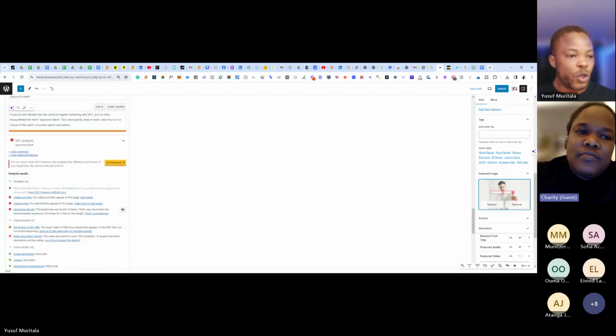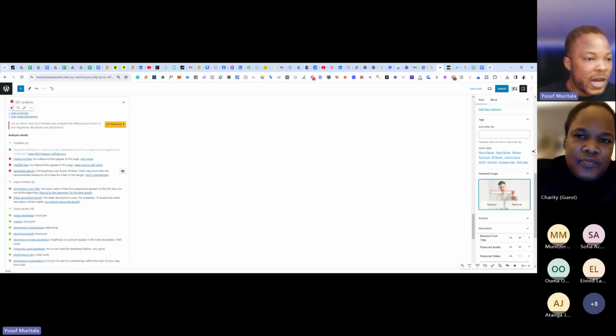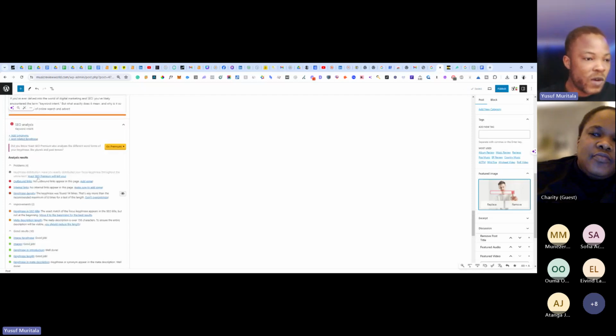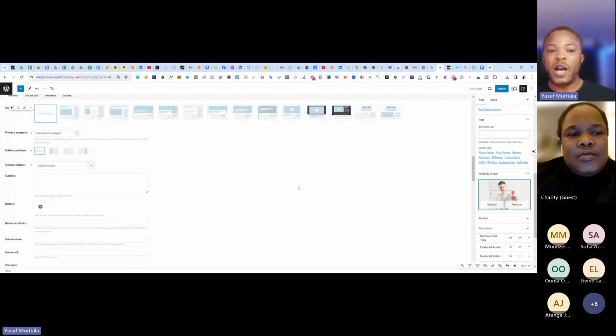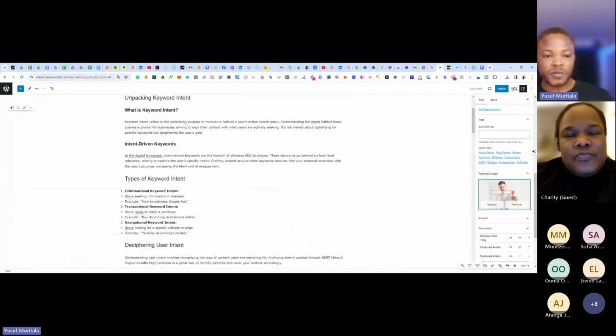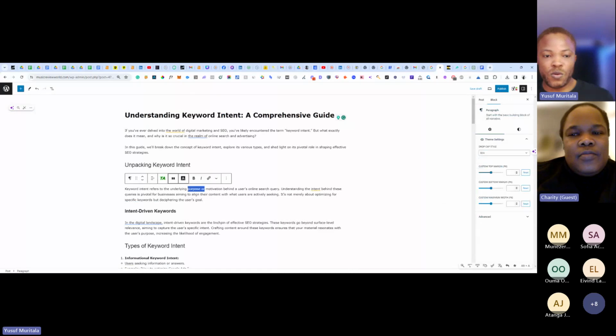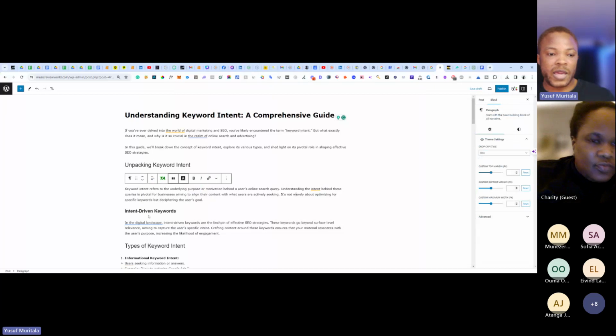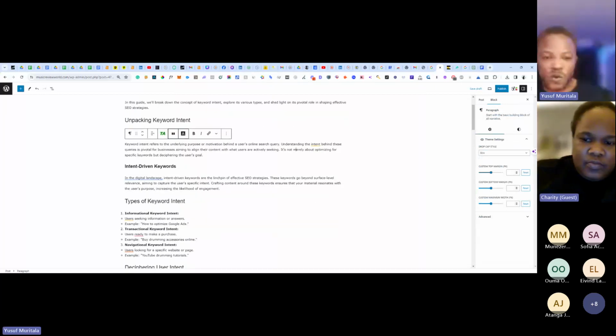So now you can see on the problems, the image is now good, right? It says image, good job. Image key phrase, good job, like that. So we'll now look at another one. It says outbound link not found. An outbound link is a link that goes from your page to another page. For example, I can find a keyword that I want to link.